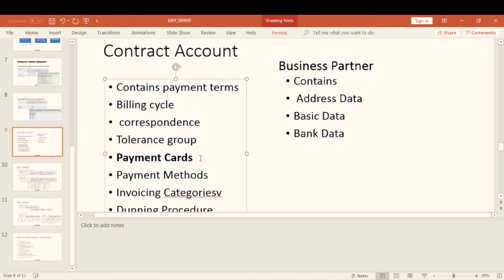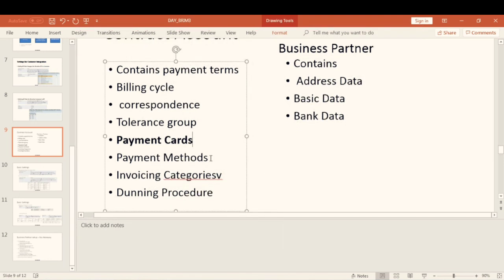And we have payment cards. Payment cards are like, is it Mastercard or Visa card, and there are some others, right? Mastercards, Visa cards. These things we can define in payment cards, and in payment methods we can say,